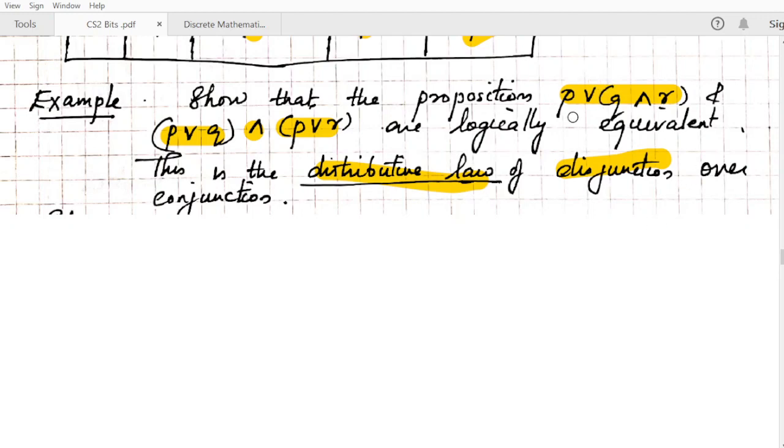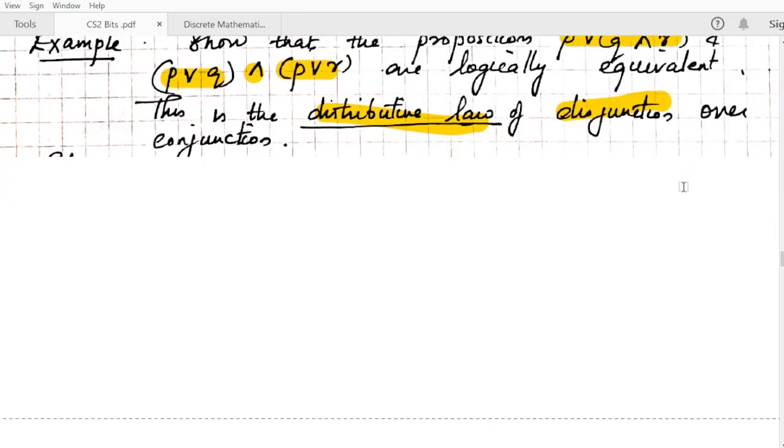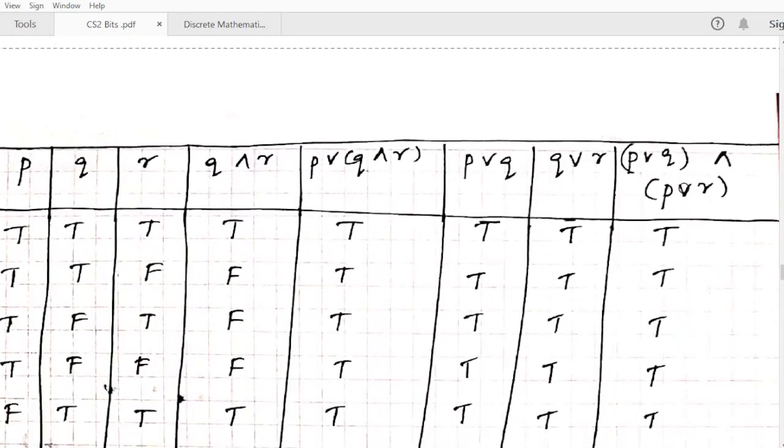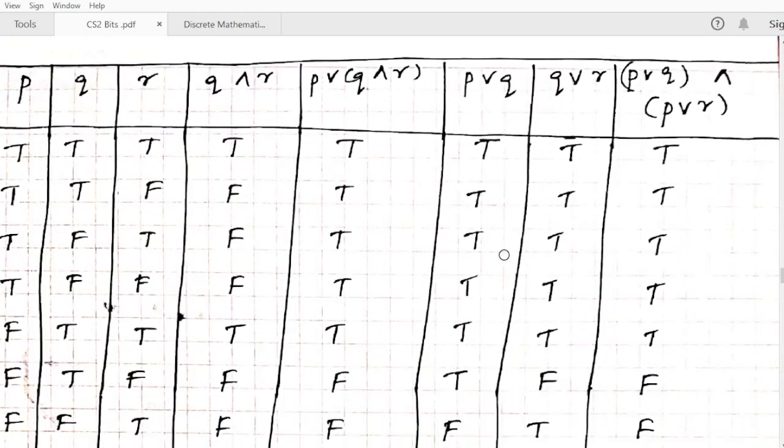Okay, so we already know various distributive laws. So this is related with it. So here we are going to prove that P or (Q and R) and (P or Q) and (P or